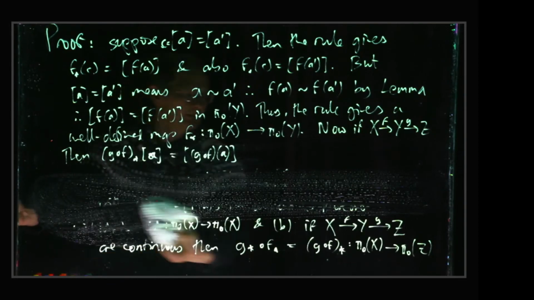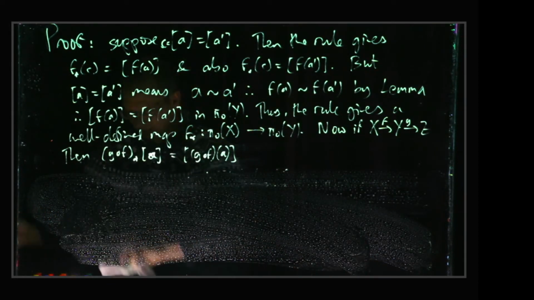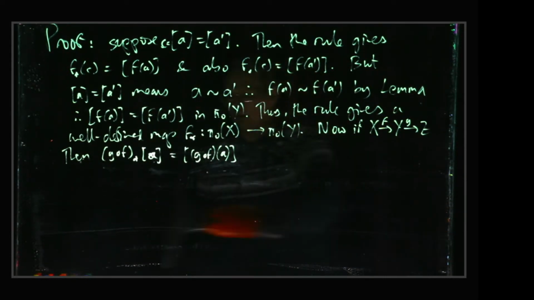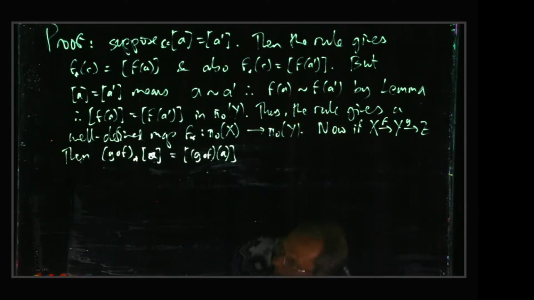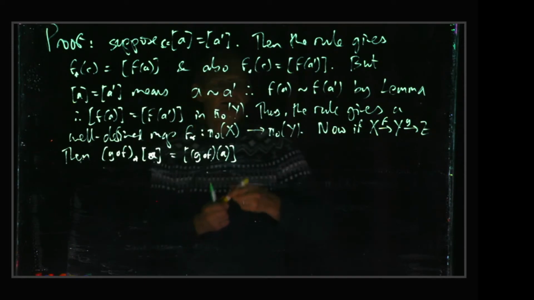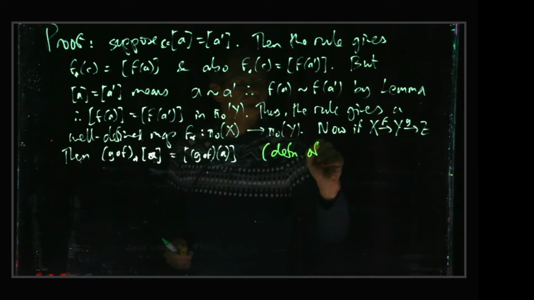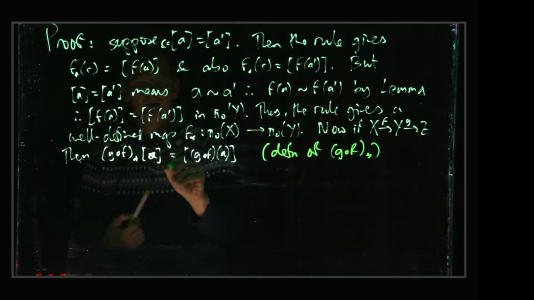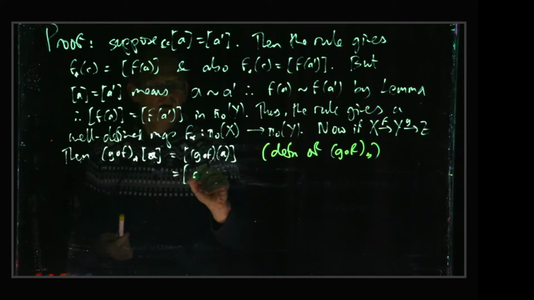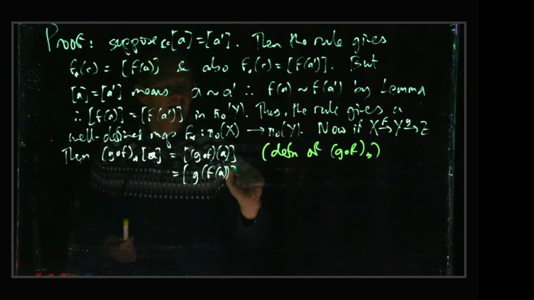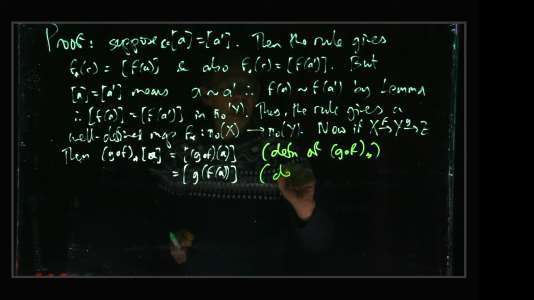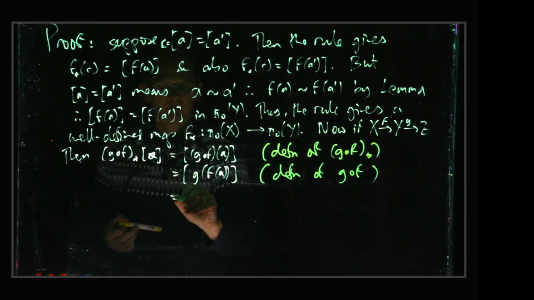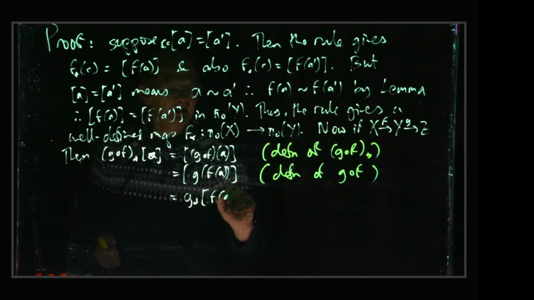That is g of f of A in square brackets. That's just the definition of g composed with f, which is g lower star of square bracket f of A,